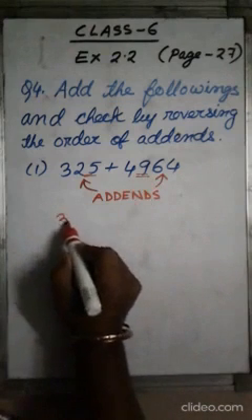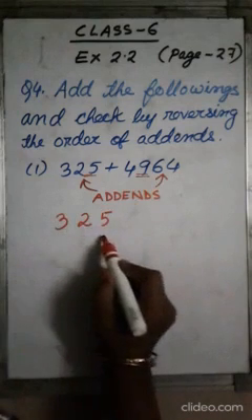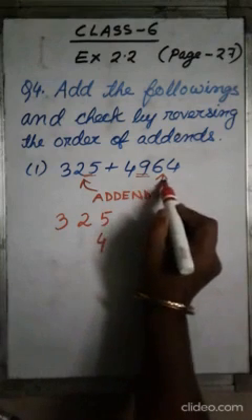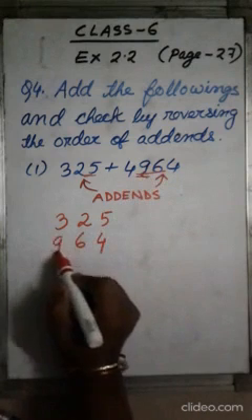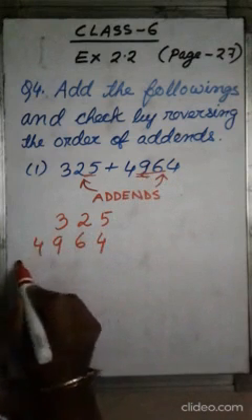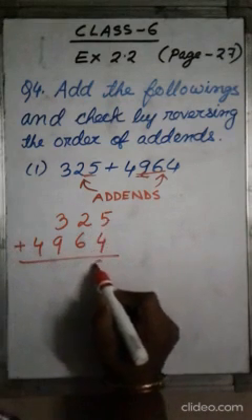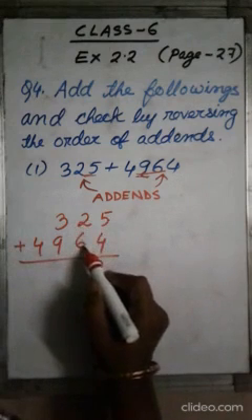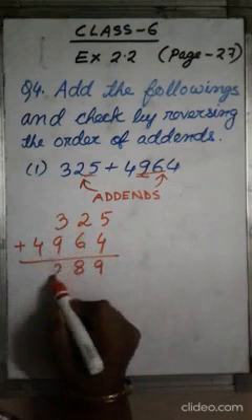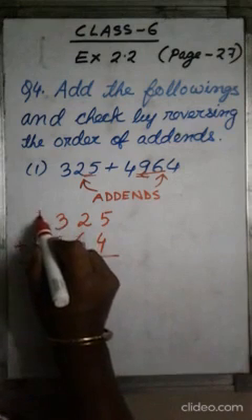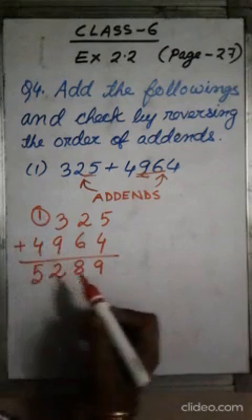You see 325. Then writing from the back side, 4, 6, 9, 4. I have to add the two numbers. 5 plus 4 is 9. 2 plus 6 is 8. 3 plus 9 is 12, 1 will be carried forward. 4 plus 1 is 5. Now,